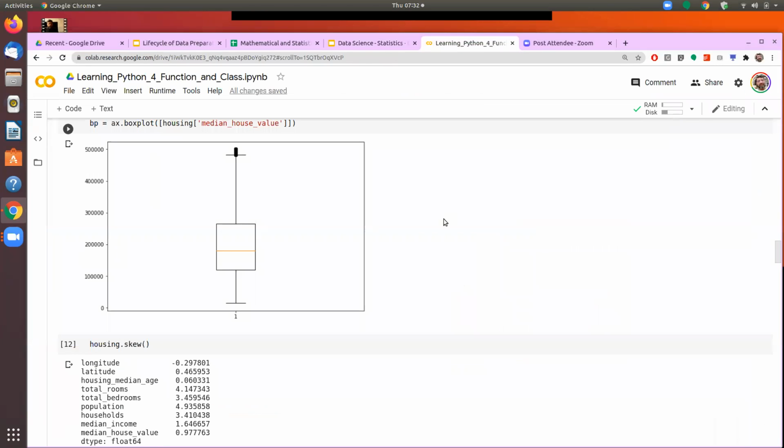So any questions on the box plot? There are 4-5 things that we need to understand. The midpoint is the median. The lower level of the box is the value of Q1. The upper level is the value of Q3. Q3 minus Q1 is my IQR, or the interquartile range. We take that range and multiply it by 1.5. So I have 1.5 times the interquartile range. I add that to the value of Q3 and that gives me the upper whisker. I deduct that from the Q1 value and that gives me the size of the lower whisker.